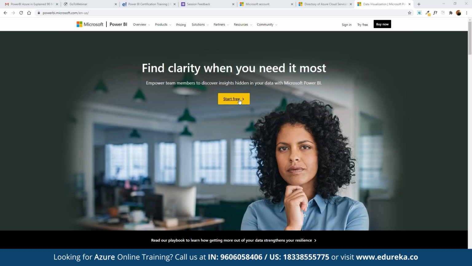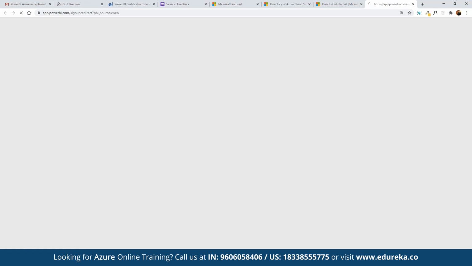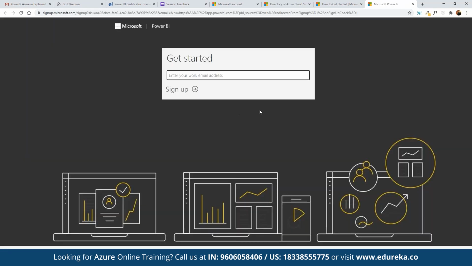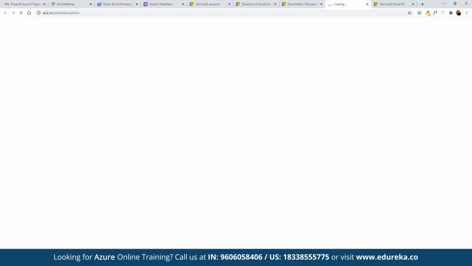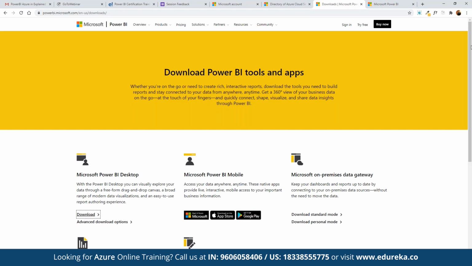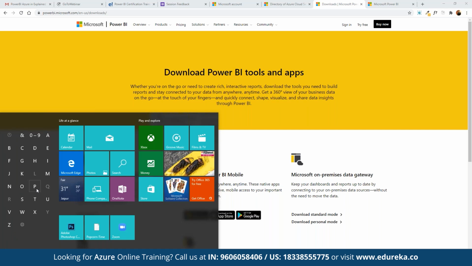We can refer to this link here, powerbi.microsoft.com, and here we can click on start for free, where we have to enter our own details. Once we enter the details, we will get the direct download link that we can use for getting started. So here we can click on Power BI Desktop and click on download, and then we will be taken to the download section altogether. All right. And once we have the Power BI Desktop version downloaded, we can open this up.